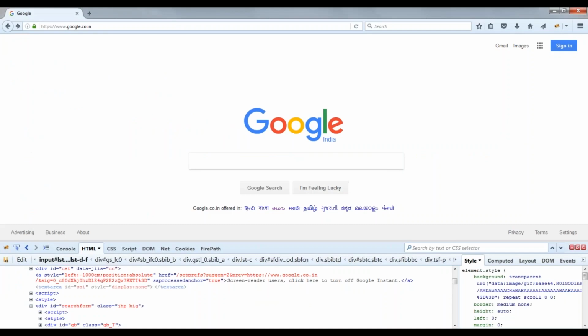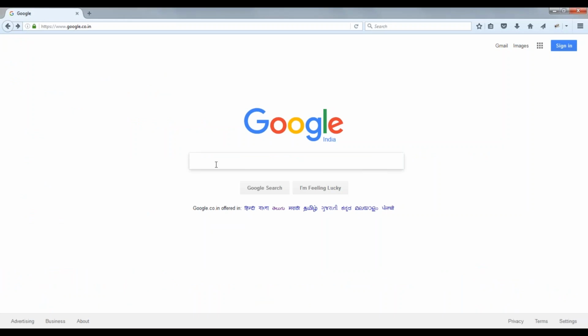So to identify the web element, first we need to understand, if this is one page, first I have to identify this element to enter some data. If you want to enter some data, or click on these buttons, or click on these links, first I need to identify this particular element. You can call this a web element. Identify that, and then later you perform any operation you want on those particular web elements.